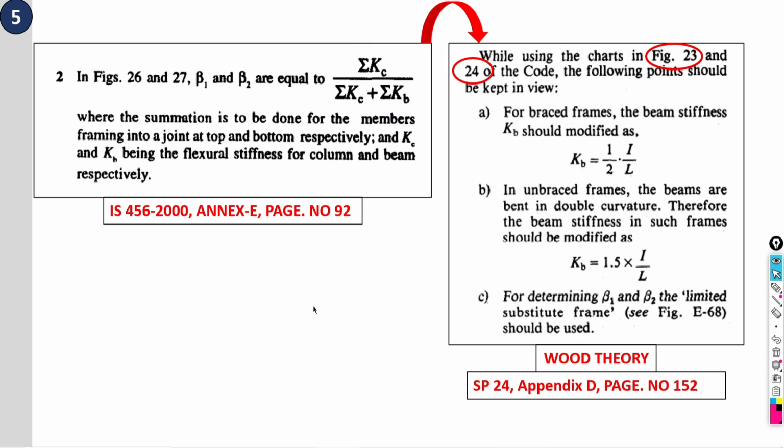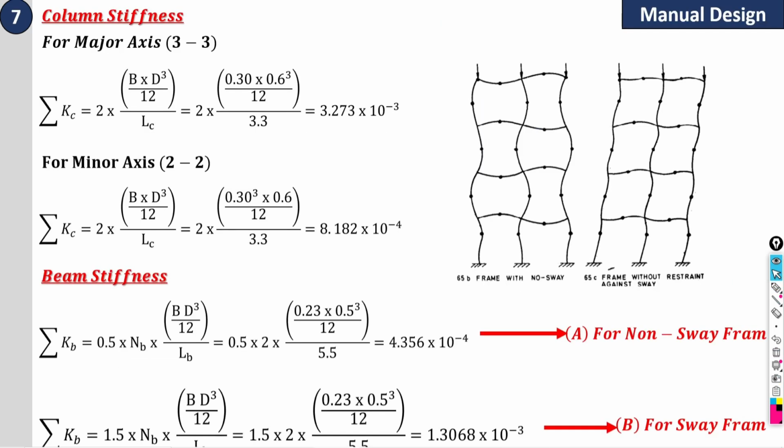Okay, fine. Next, the formula is going to become I by L. So I, the moment of inertia of your column about the major axis, is BD cube by 12, divided by the length of the column, 3.3 overall length. And why is a factor of two coming? I have explained that two columns are coming, one from bottom and one from top, for that particular joint. So 2 is multiplied here. After doing this calculation, we are getting the value of